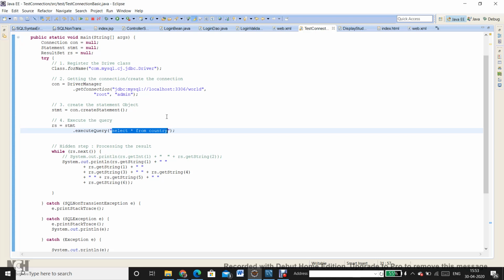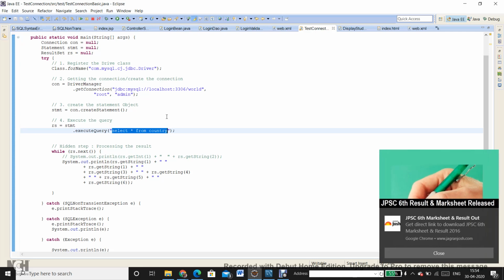I can also put a where clause to restrict the number of rows returned, such that say select star from students where course is equal to BTech. So I will get a restricted number of results in the result set data structure or the reference variable of the result set that it holds.